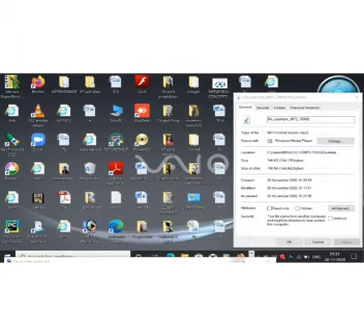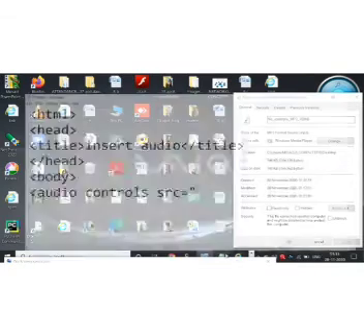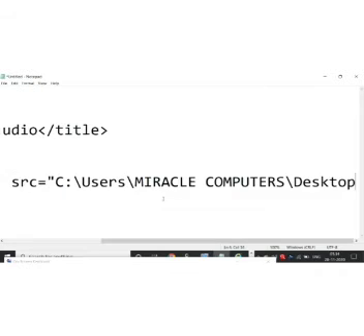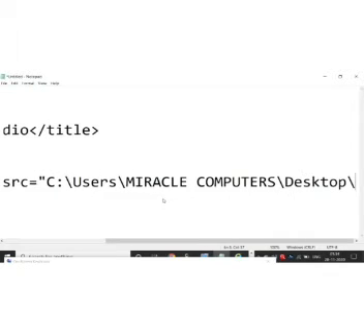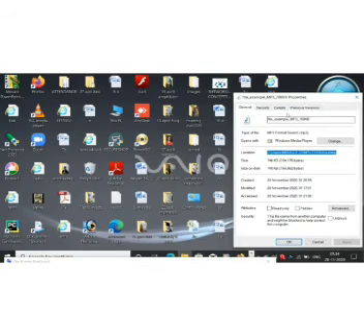Like that only, you have to copy the path of the audio file as well. So first you have to locate the audio file on the computer that you want to insert, then copy the name of the audio file. Okay, Control C, and then paste it in Word.